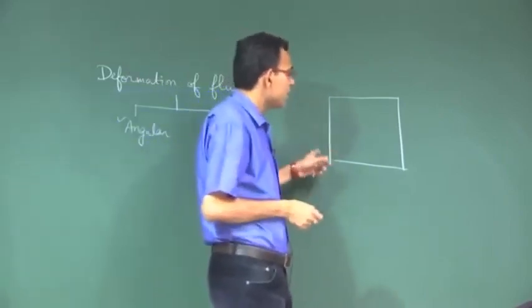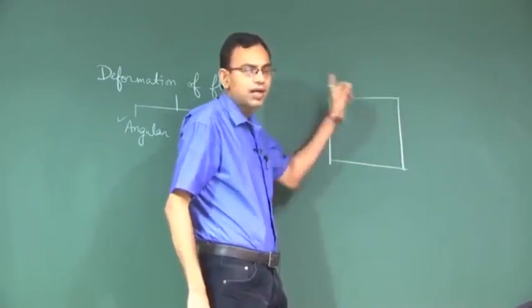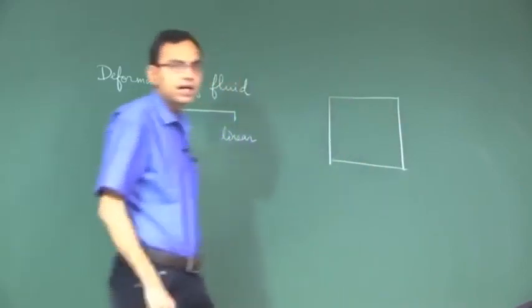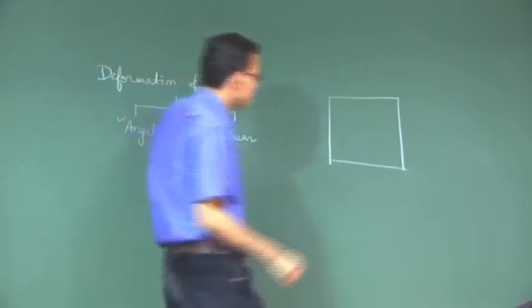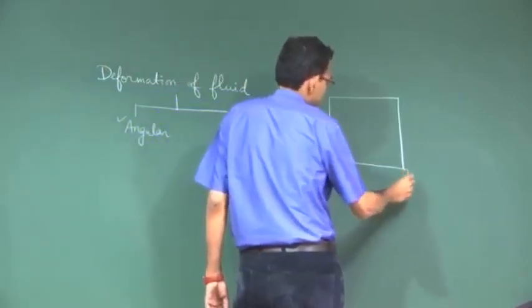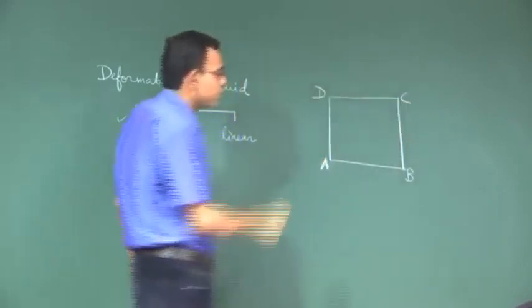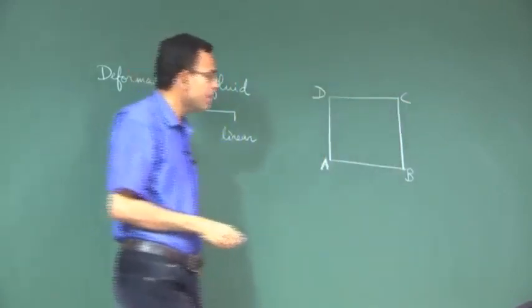So, instead of taking a three dimensional fluid element, if you take a two dimensional element, that may be good enough to get a realistic picture. So, let us say that ABCD